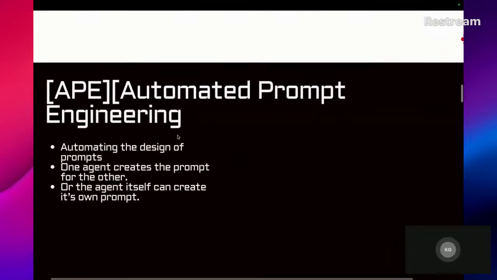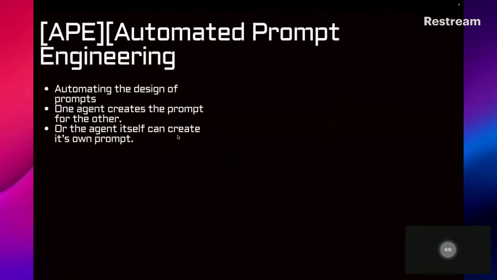All right. So again, what is automated prompt engineering? Automated prompt engineering automates the design of prompts. So basically, you can have two agents, one who is going to be doing the main task. So you say, make me 5 marketing posts for X.com. That's the main task. And then you can have another agent that will write the prompt for that task, and that agent is specialized just to be writing prompts. Or you can have the agent build its own prompt given your task.